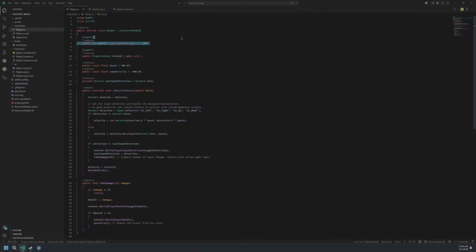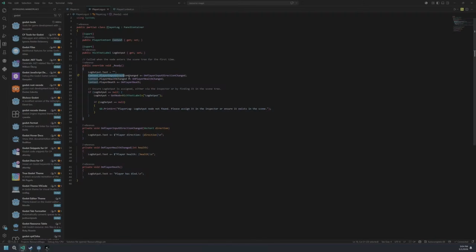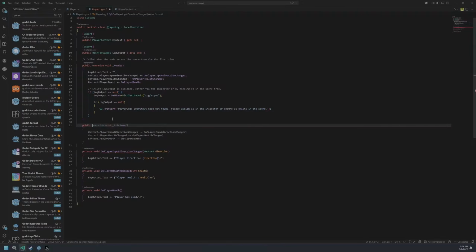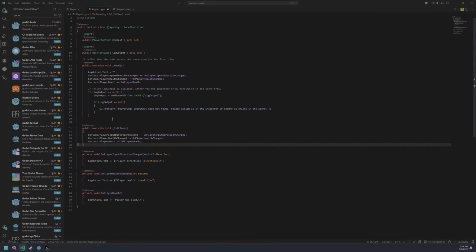As you get more stats, you could also pull this out to a separate object as well. And that's something I would definitely do. One thing I forgot to mention earlier is that we're subscribing to events, but I never unsubscribed from those events. So when the player log disappears from the screen, we want to ensure that these events don't trigger for this player log connection that no longer exists. So what I should be doing is, yeah, exactly this. On exit tree, when the player log leaves the scene, as in it's pretty much no longer going to be used in the game because we're removing it for whatever reason,